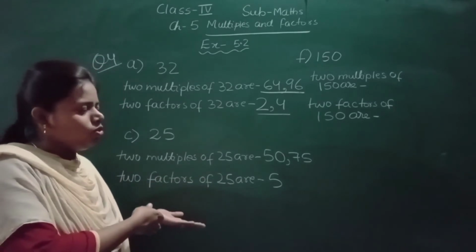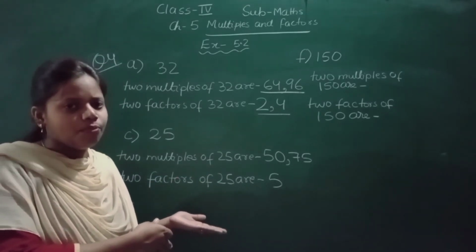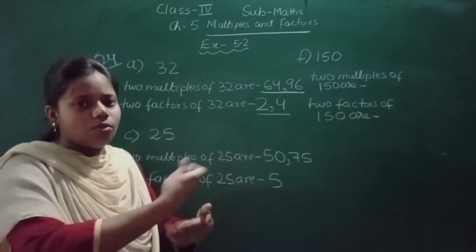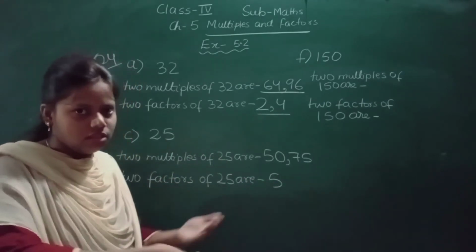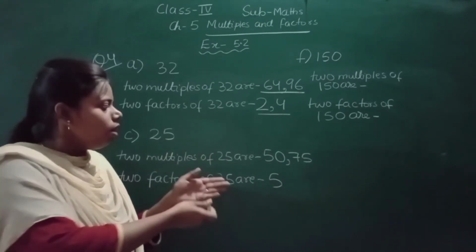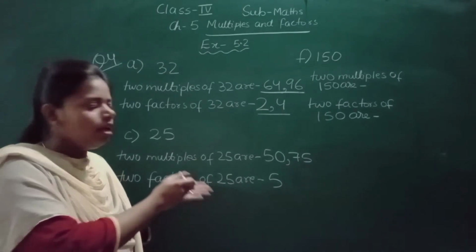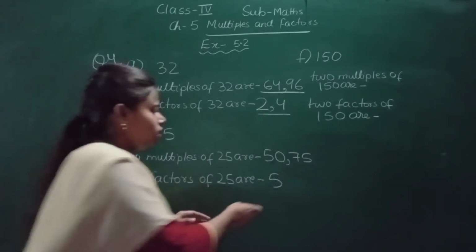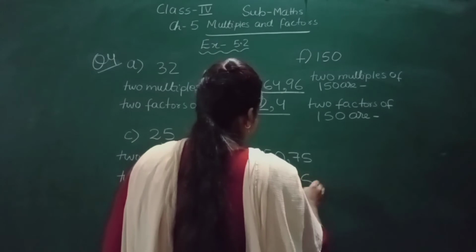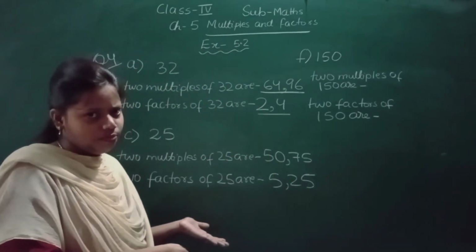Okay, and I have told you that we know that 1 comes and its own table comes. In the other questions there were more than 3 factors and more factors were there. That is why we have not written 1 and itself. But here 1 is there, 5 and 25 are the only ones. So let us write that 25 is a factor of itself also. As there is no other factor, we can write 25 here.